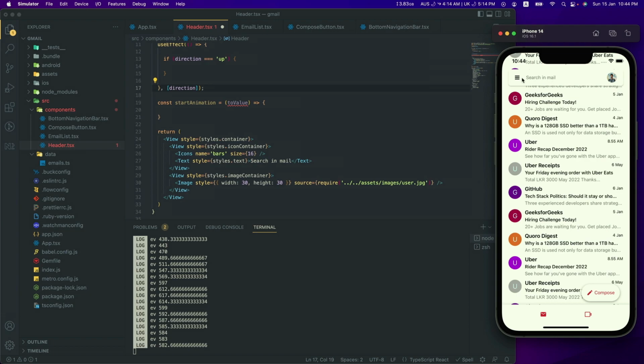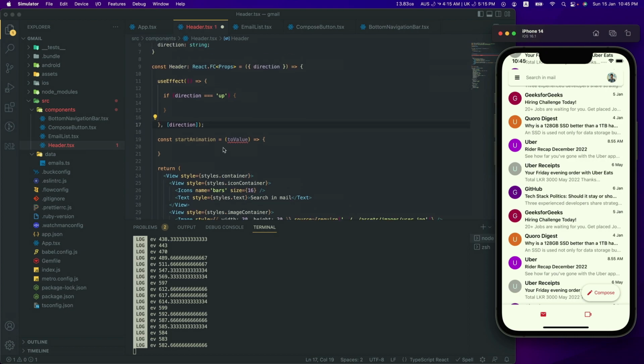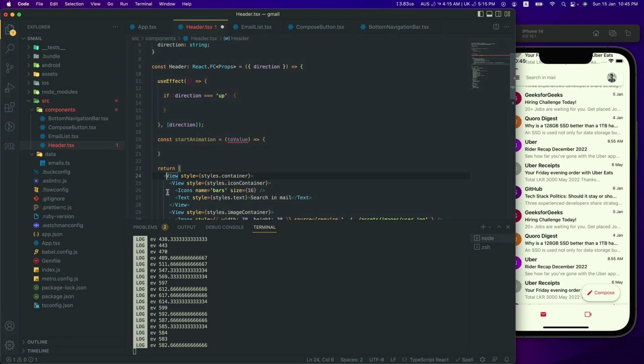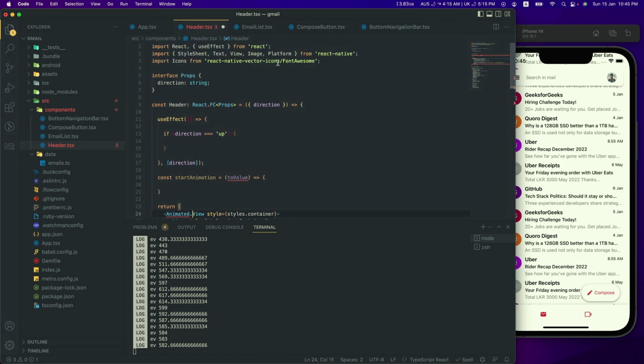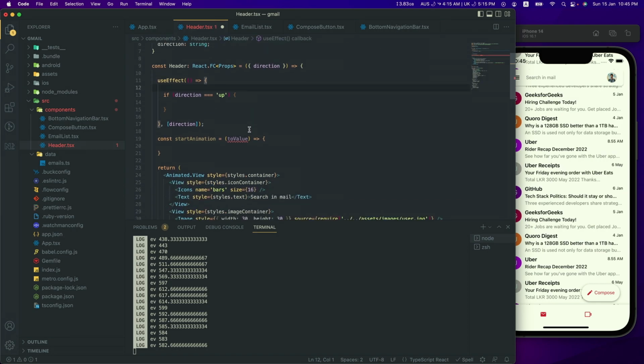So there are two animations here. The first one is we need to translate Y. We need to translate this component in the y-axis, and the other one is the change in the opacity. So this is the view we are going to do the change. So let's add Animated, and then